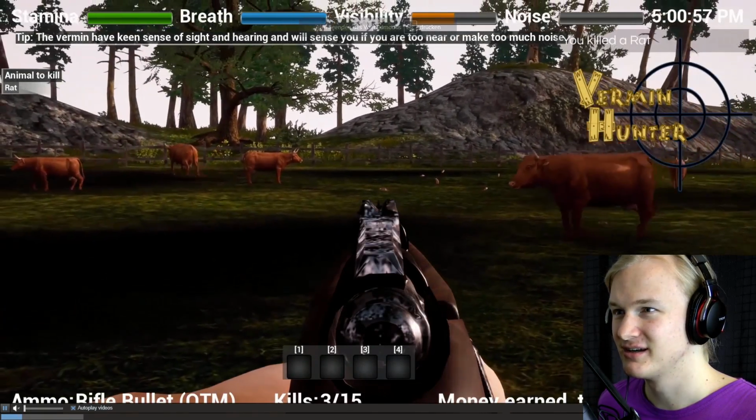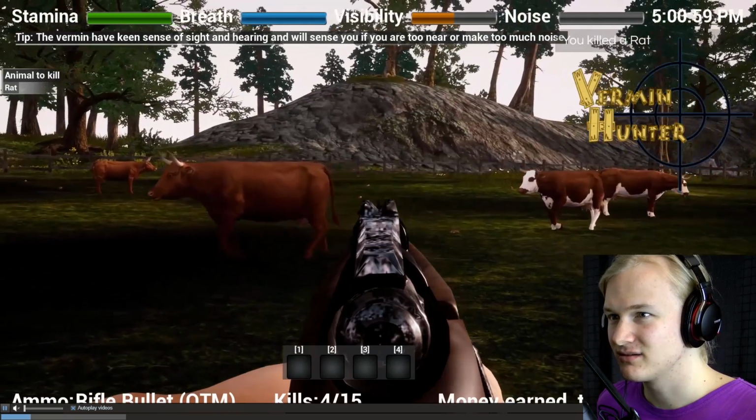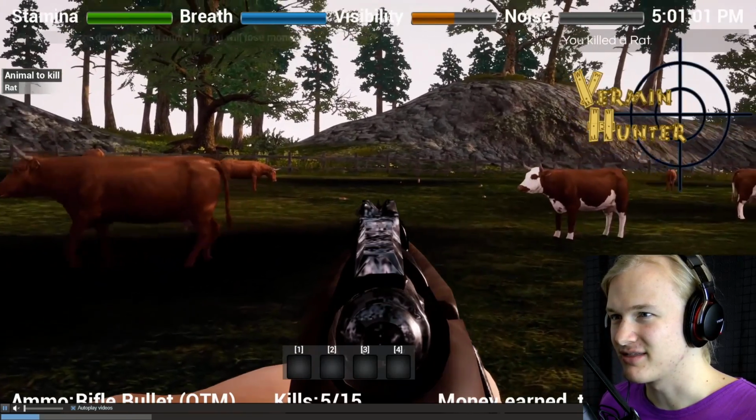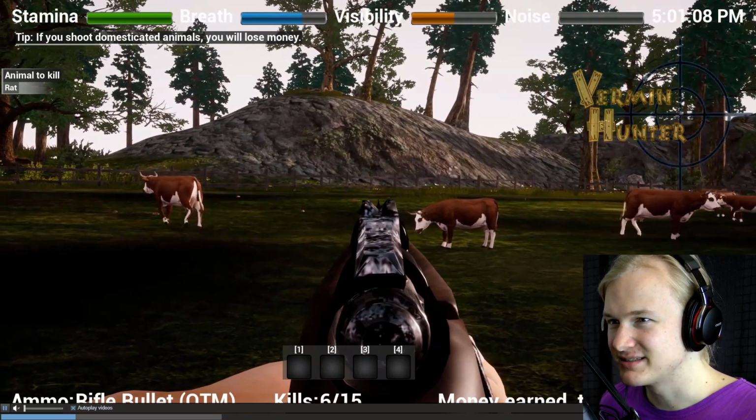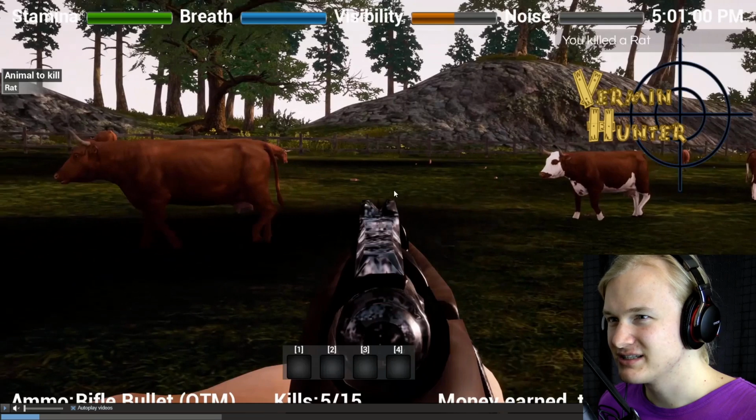See, here you see somebody. Oh no, you're not aiming at a cow. Okay, thank God. I was already super confused when I saw that the first time. Okay, so it's basically somebody standing in the field shooting at rats or something. Is that really the way you deal with rats?